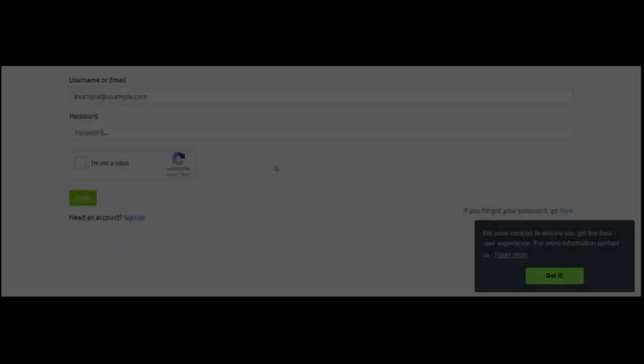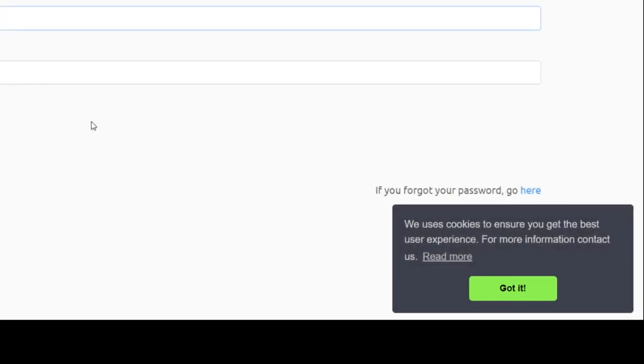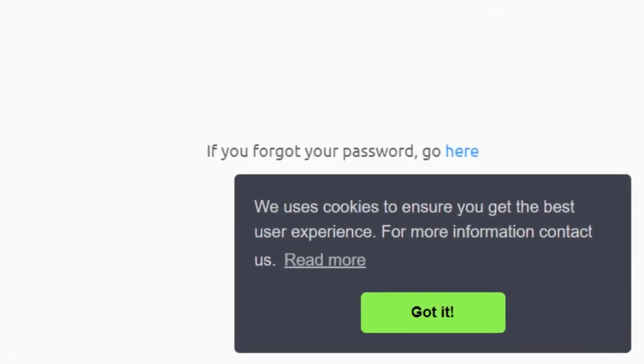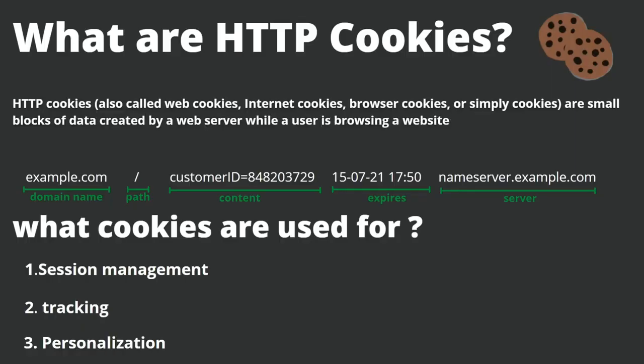You might have definitely come across this kind of pop-up when you visit a website or log into a website. They ask you to accept our cookies. So what are these cookies? HTTP cookies, also called web cookies, internet cookies or browser cookies, or simply cookies, are small blocks of data created by a web server while you are browsing a website or logging into a website.